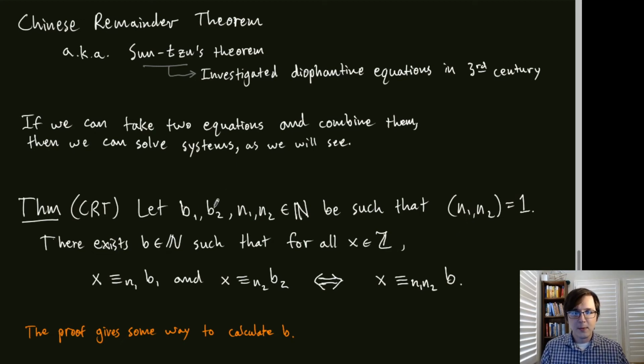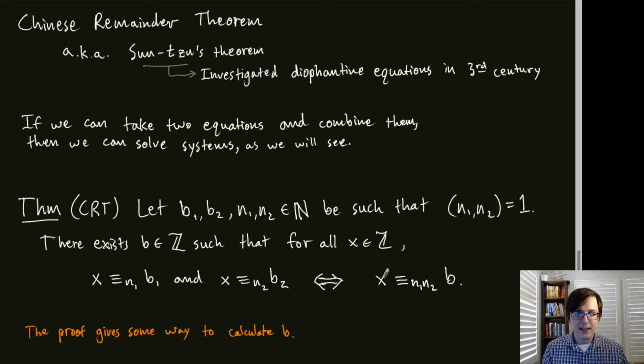So let's say that we have b1 and b2 and n1 and n2 natural numbers, where n1 and n2 are the moduli and they're coprime. Then the theorem says that there exists some natural number b such that for all x, actually, it doesn't actually matter that this is a natural number. All this theorem does is give us some integer. There exists an integer b such that for all x,